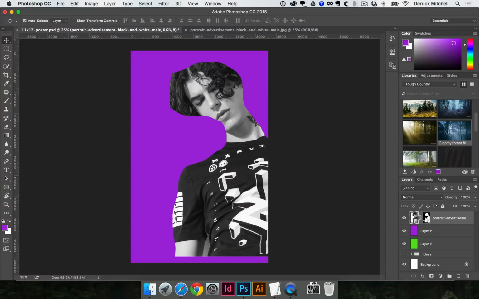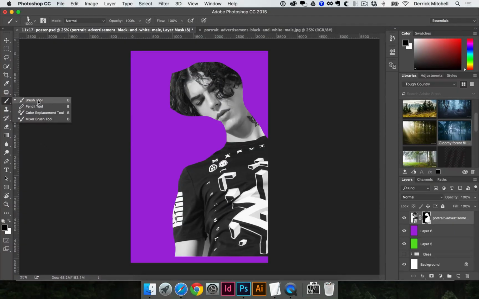And I can click left or right here. If I click on the main image now, anything I would be doing would be on the actual image. If I click on this mask, now I'm working on the mask. So for example, let's say I want to refine my selection. I could get the brush tool. I hit the letter B, get the brush tool, and I'm going to go to Window,